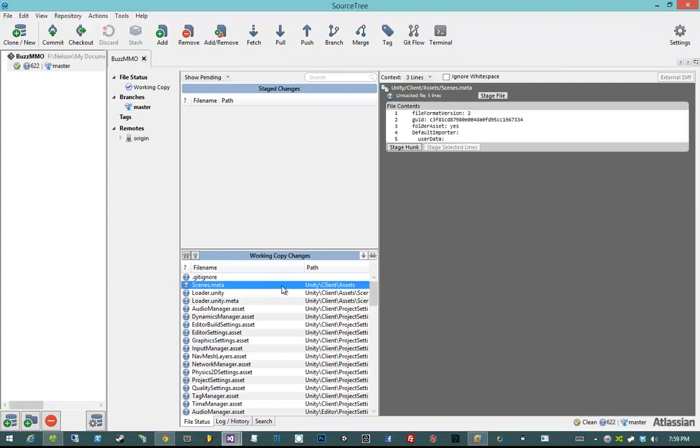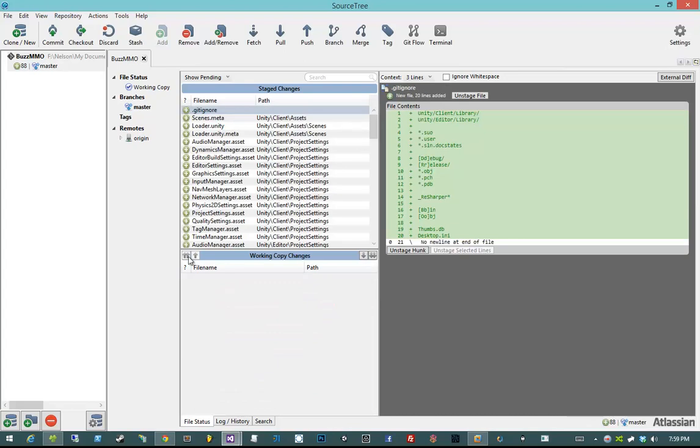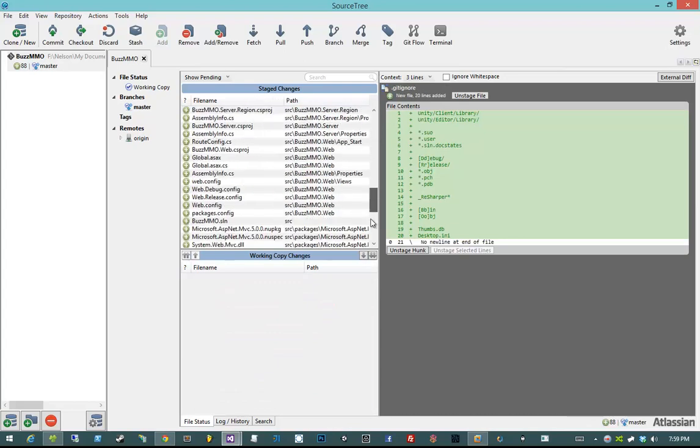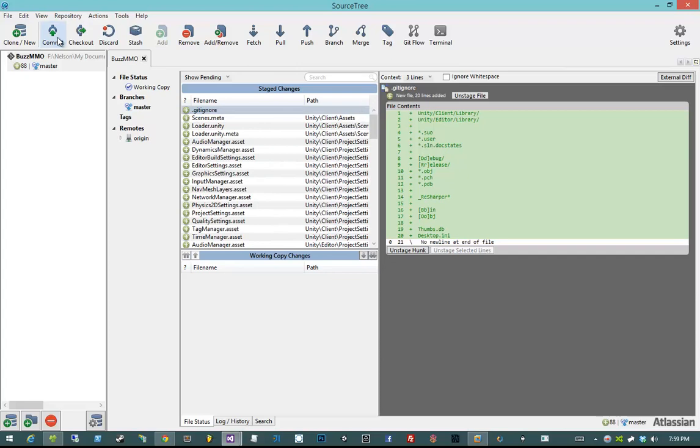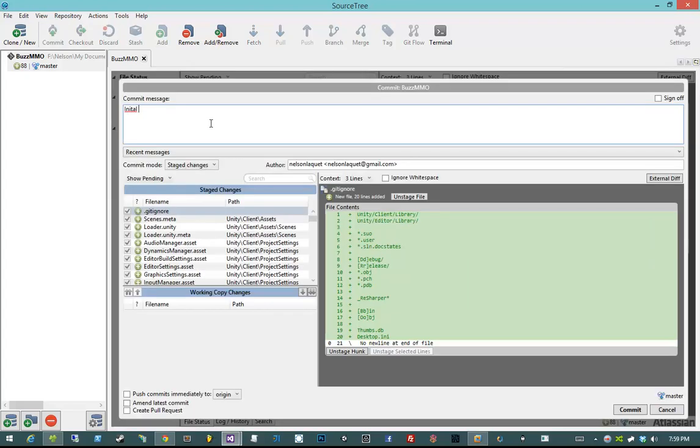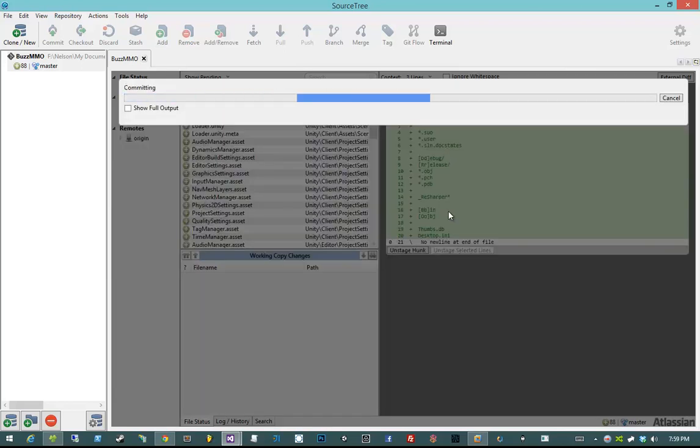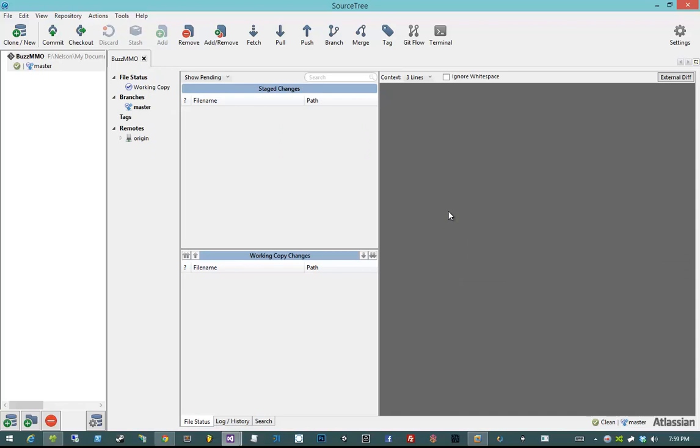So let's go ahead and stage all of these changes by hitting this convenient little stage button. So all of these are staged. Let's commit them all in a group, and I'm going to call this initial commit. And then down here, I'm going to say push commits immediately to origin. So this way, when I hit commit, it'll not only commit, but it'll also push. So now I've effectively synchronized all of my data or structure of my project straight up into GitHub, and I can verify that by